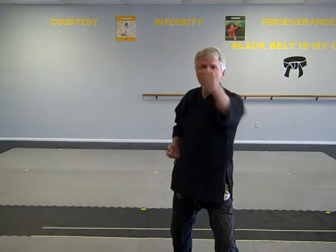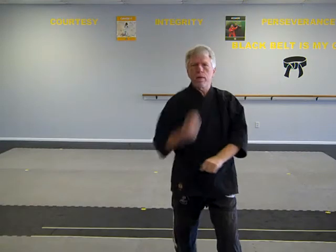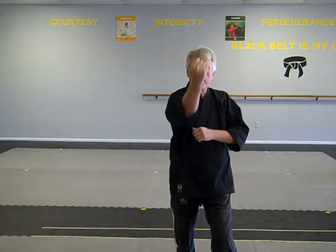From here, one of the ways we normally practice a back fist for a beginner is our hand would come to our ear and it would shoot out. We'd hit with the back of our fist. Now, if you're a little bit more advanced, instead of bringing your hand to your ear and shooting it out, we're just going to come straight up. And I'll use that technique a lot. So it's almost an inverted punch here, but it's not. It's coming out, and then I snap with the back of my fist. So slowly,